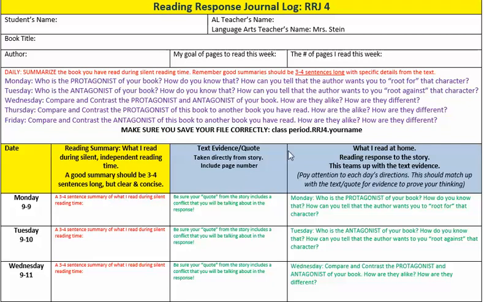Where you get tripped up are the responses and quotes. Don't forget these are partners, taken directly from the story with the page number. If you don't have that page number, you lose points. These responses are very important that they go with the text evidence. Pay attention to each day's directions. It should match up. This week, we're talking about the protagonist and antagonist of the story and comparing and contrasting